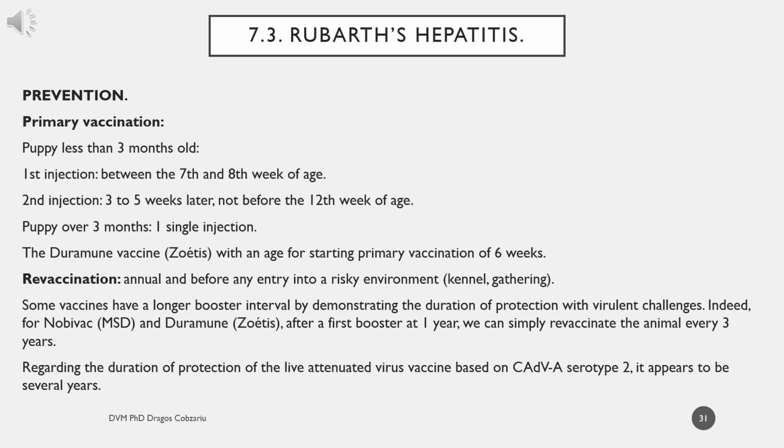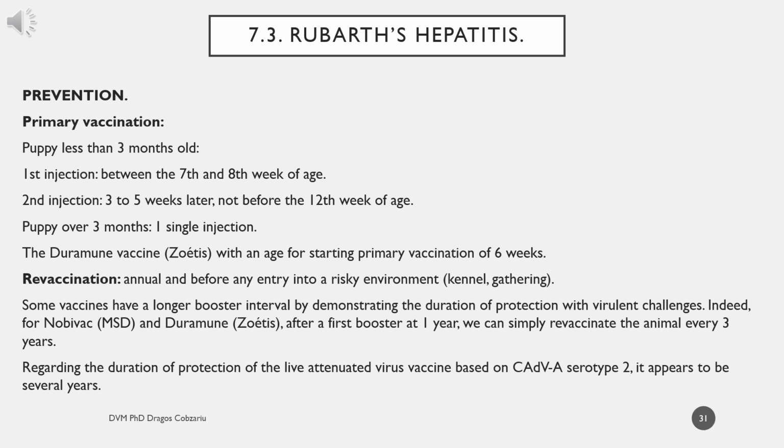The Duramun vaccine, Zoetis, with an age for starting primary vaccination of 6 weeks. Reminder: annual and before any entry into a risky environment, kennel, gathering. Some vaccines have a longer booster interval by demonstrating the duration of protection with virulent challenges. Indeed, for Nobivac, MSD, and Duramun, Zoetis, after a first booster at 1 year, we can simply revaccinate the animal